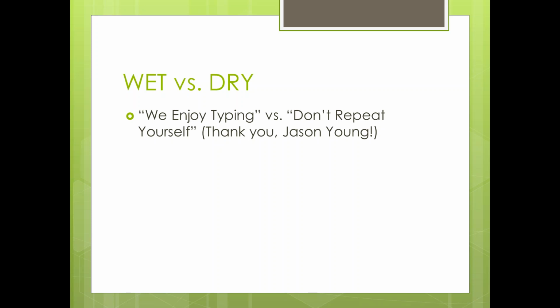Everything's very segmented, not really a lot of portability. The alternative to that is DRY, which is don't repeat yourself. And that's where we get into things that are very abstract, that you write once and basically they're black boxed. You don't write that same thing again, pretty much ever.